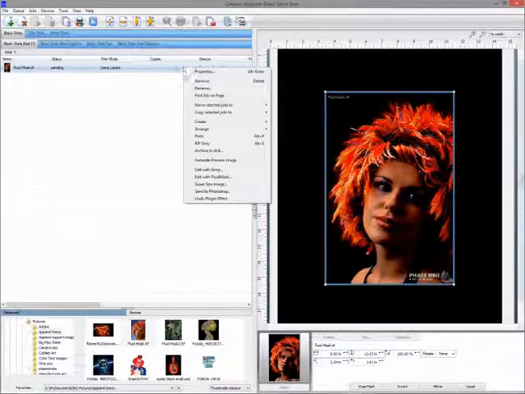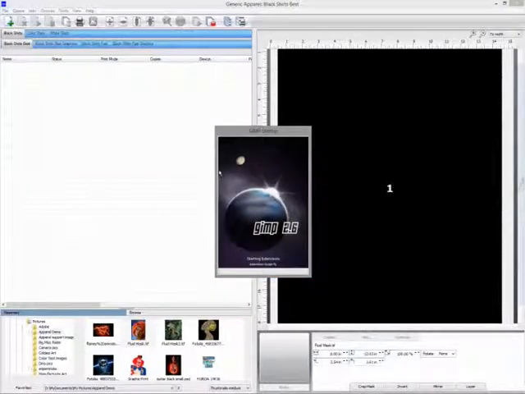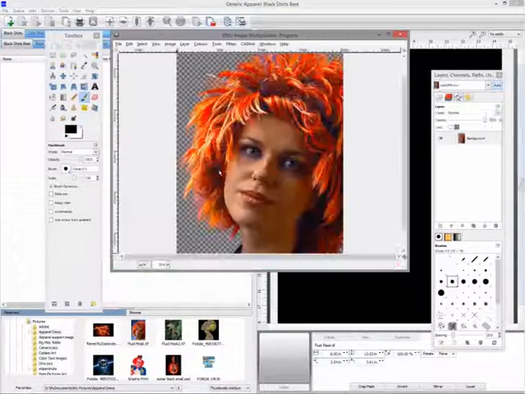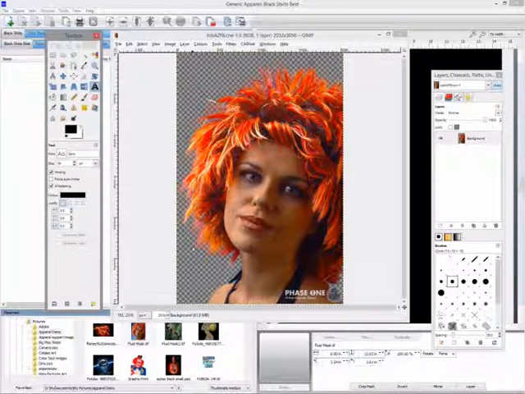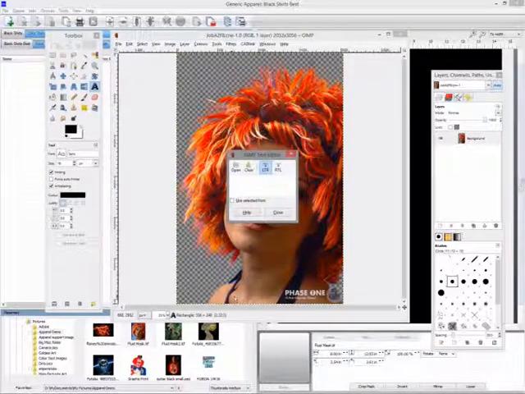You can also open an image in Photoshop from the queue itself using Send to Photoshop. Or if you don't have Photoshop, a copy of GIMP is installed as part of your apparel software, which is a free bitmap editing program that you can use. So if I wanted to add some text using GIMP, I can edit with GIMP,